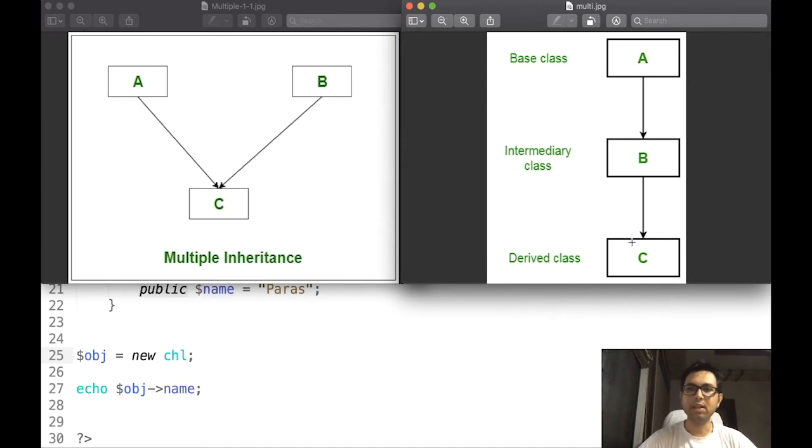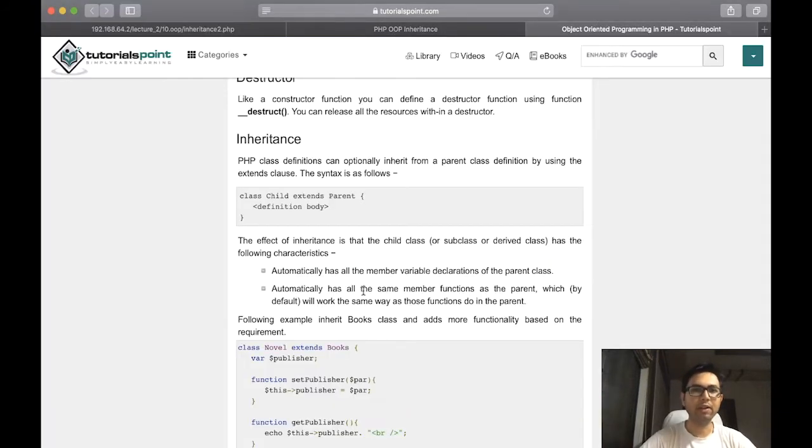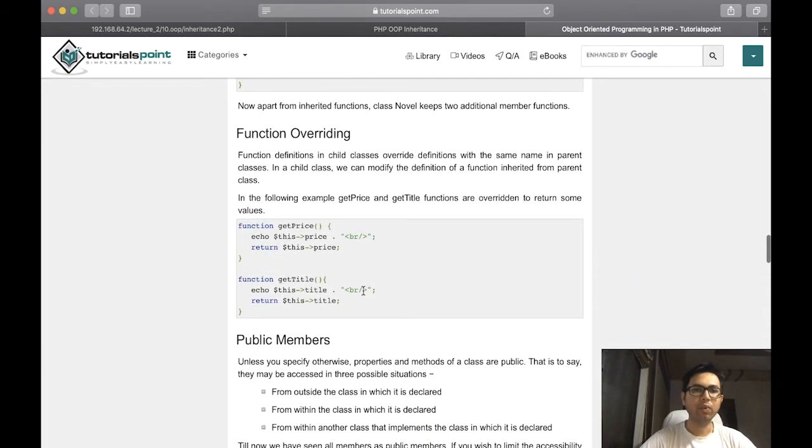Derived class C has all the functionality of class B as well as class A. It is called multi-level inheritance.